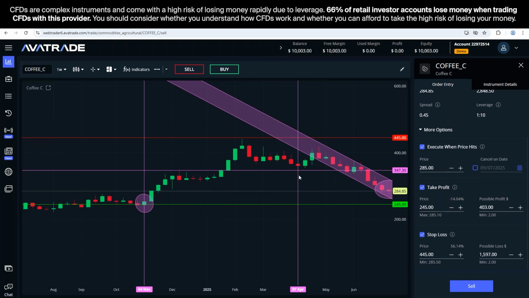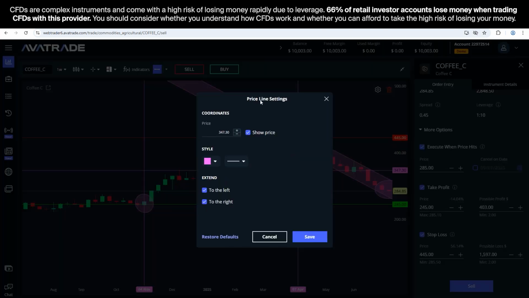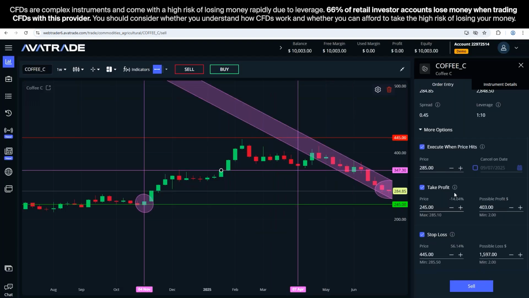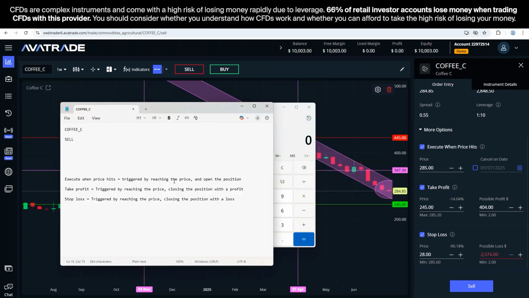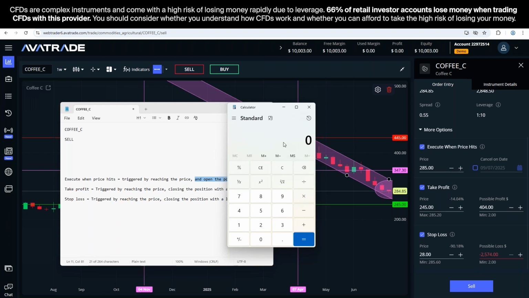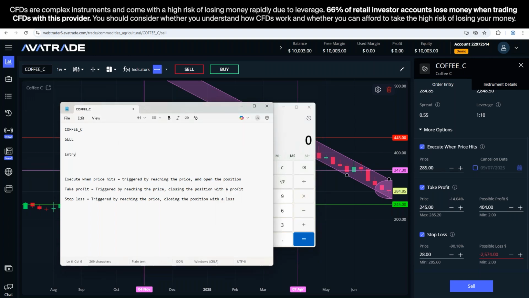Now, let's maybe add another line in between, because the red line seems a bit far away. At the moment, between the entry and the take profit, there is $40. So we can use the same ratio and make it 2.8. Sorry, maybe edit with a calculator. So we plan to enter at 285, as I wrote here. So execute when price hits, it is triggered by reaching the price and open the position. This guy right here is going to open the position. So that's 285. I'm going to write here entry